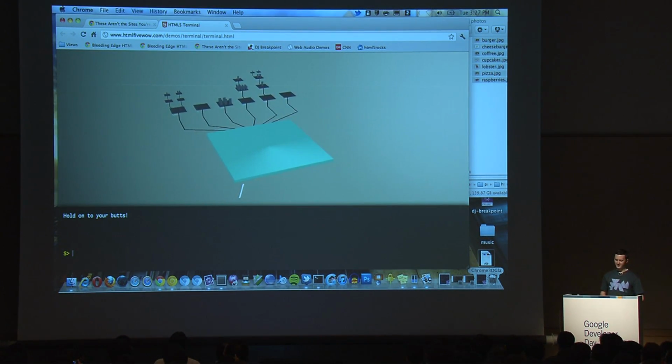So if you've ever seen Jurassic Park, this is what we were going for. So this is essentially, in the bottom here is the terminal that is slid out of the way using CSS. And on the top is an iframe with WebGL. So we had a colleague build some WebGL, and I basically just pass him commands, and he renders what needs to be rendered. So I can cd in,